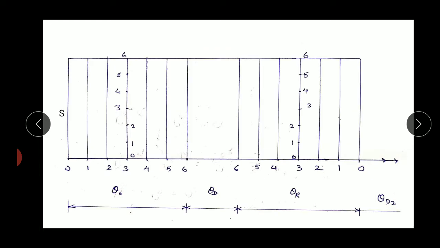Now at each division you have to plot a vertical line equivalent to the length of the distance traveled by the follower during out stroke. So whatever it is, here it is 40 mm. So draw 40 mm vertical lines from each division over here. You can observe here that during out stroke as well as during return stroke you have to divide it into the same number of parts. So if it is 6 parts, you have to draw 6 vertical lines over here